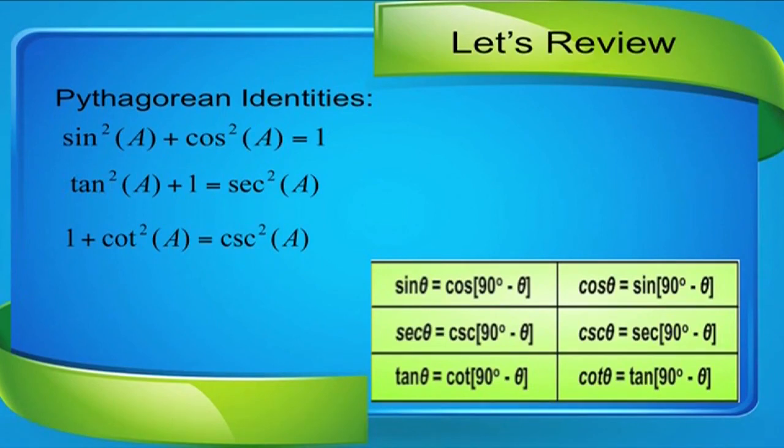Similarly, we have also learnt about the trigonometric ratios of the complementary angles, which are sin theta is equal to cos 90 minus theta, cos theta is equal to sin 90 minus theta, sec theta is equal to cosec 90 minus theta, cosec theta is equal to sec 90 minus theta, tan theta is equal to cot 90 minus theta, and cot theta is equal to tan 90 minus theta. Remember, in the presentation we have used cosec as CSC in abbreviation, and we can interchange A with theta or phi.